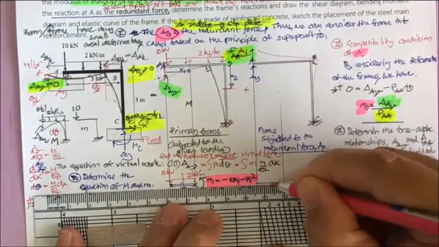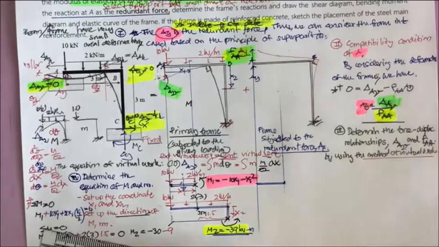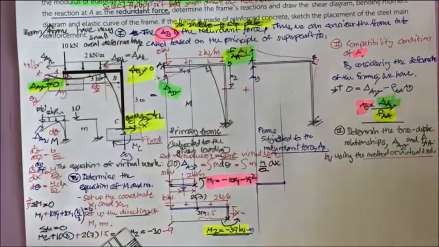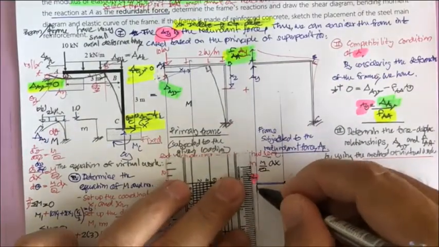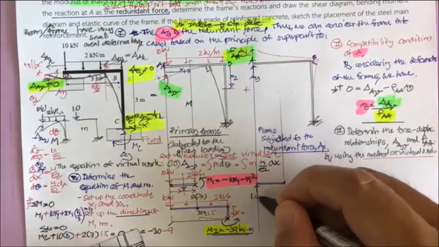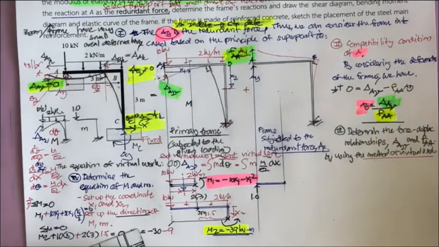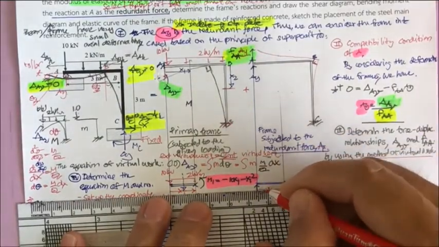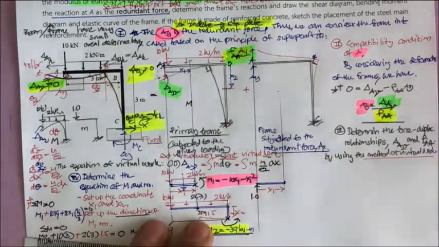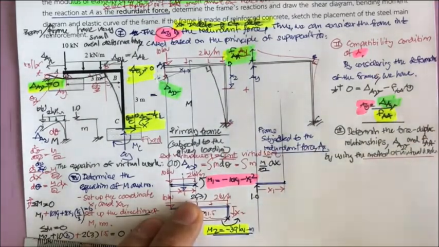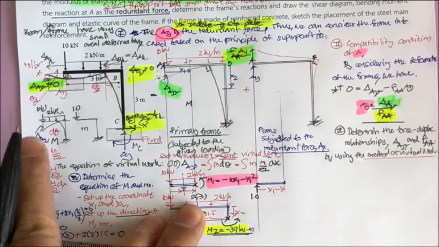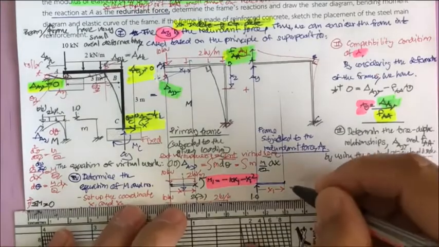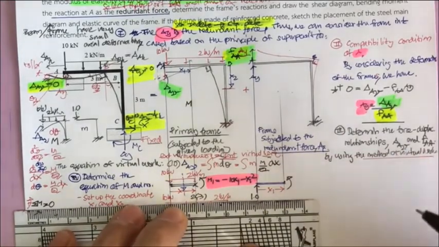Just put this one, and let's have the point load here. Let's put it in black of 1.0, and this one is going to be the x1. And when you do this, just keep in mind your deflection is going to be just opposite to this. It's going to be negative. It's okay for the convenience of this. So this one is going to be what? This one is going to be